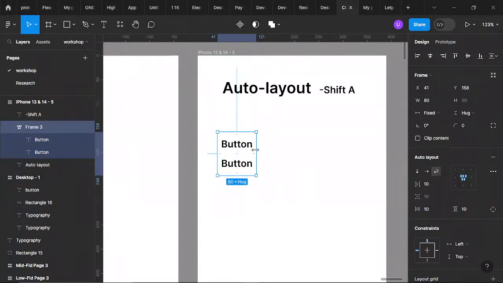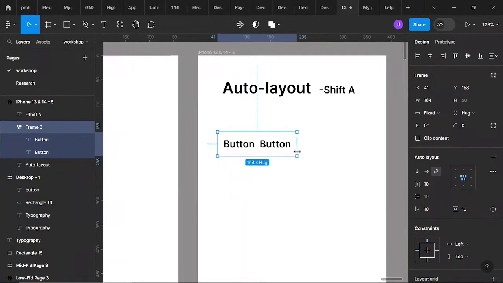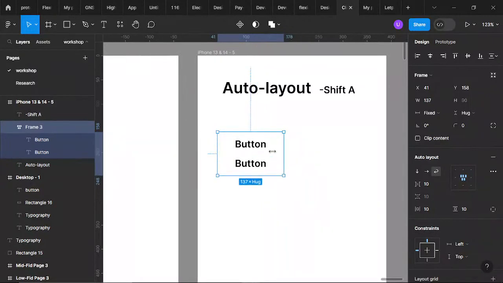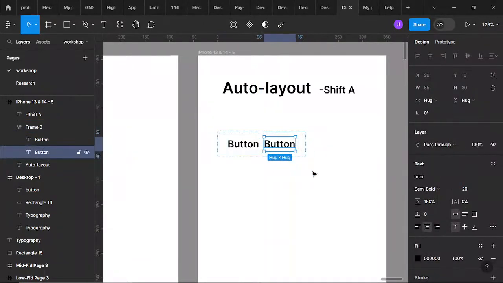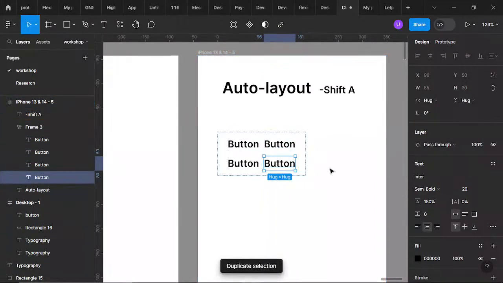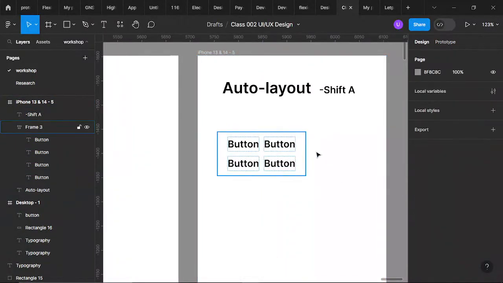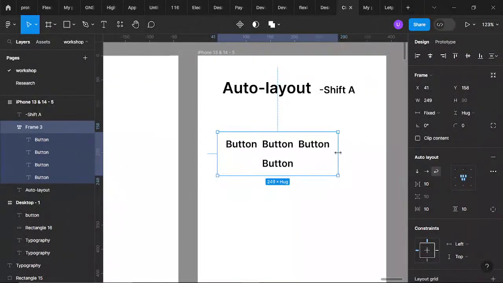If you just come here and extend it to about 160 or 164, you can see that it will just align it horizontally. If you have about 4, you can see when I duplicated it, it just brought it down. If you extend it, you can see one is still at the bottom, and if you extend it again, you can see so and so. So that's the work of wrapping in auto layouts.